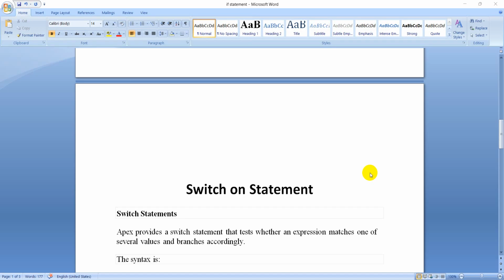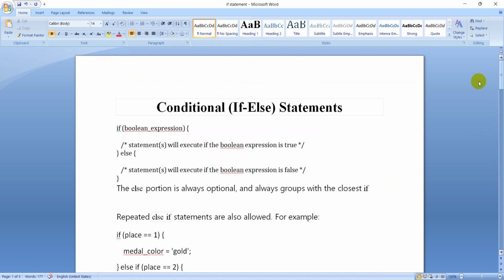Hello everyone. Today's lesson will be about if-else statements, switch on, and the ternary operator. The first topic is if-else. The syntax for this, the first one, is if my boolean